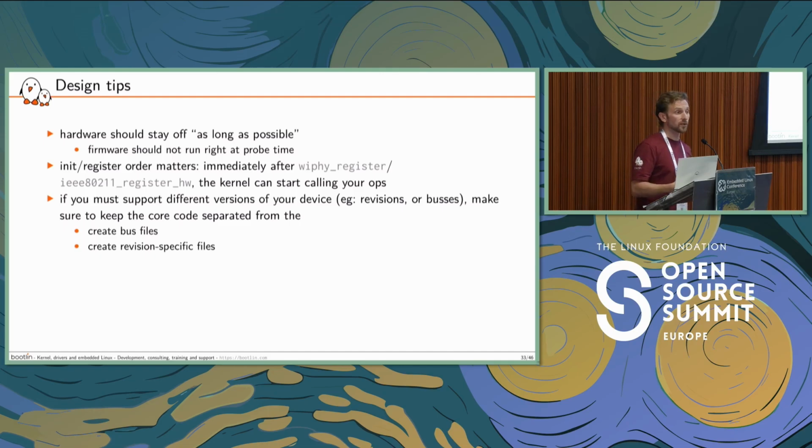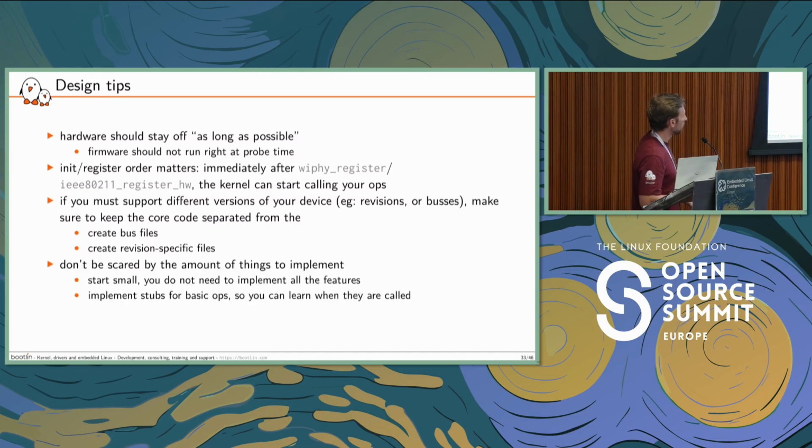If you have a wireless chip, there's a high chance that you have different revisions of the chip, different buses that you can use to address the chip. Of course, you are expected not to duplicate the code between those chips. You should keep the matters separated. For example, if you have a card which supports, I don't know, SDIO and UART to work, you should likely create some SDIO and UART dedicated files and keep your wireless operation in a single set of files shared between those two buses. But once again, this is not really wireless specific.